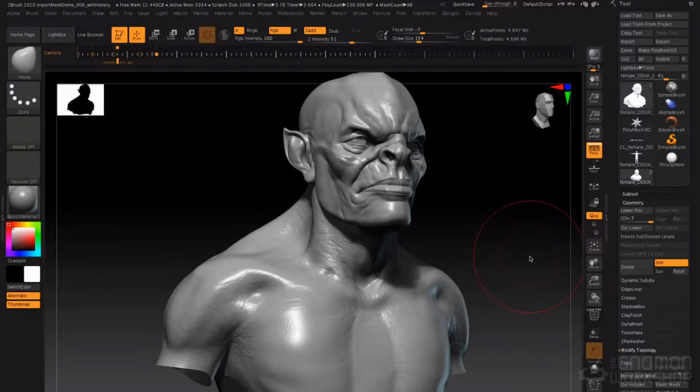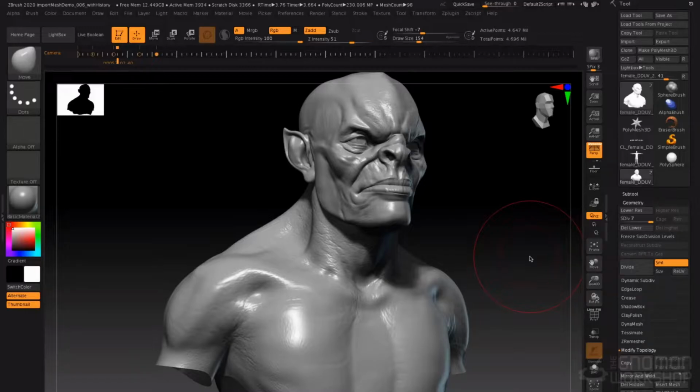You may very well find yourself tasked with an instance where someone gives you an existing topology and says, we need you to sculpt the character from this, but don't change the topology. That might be because there's an existing pipeline that this mesh is part of that has UVs, maybe some rigging and animation already applied to it. It's very common that you will find yourself in such a situation where you need to work on an existing